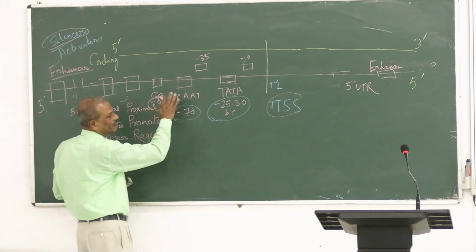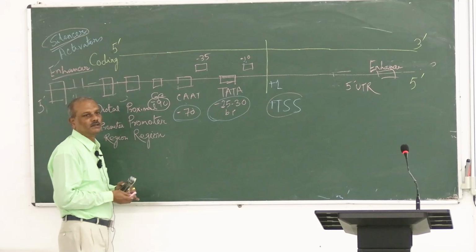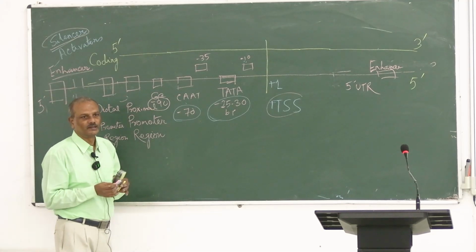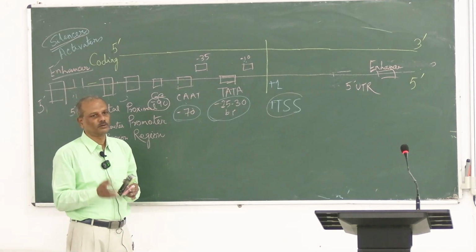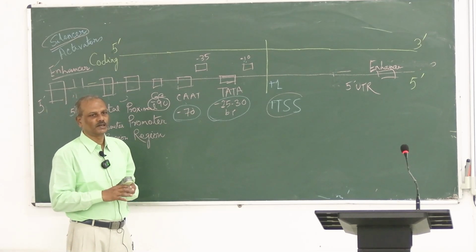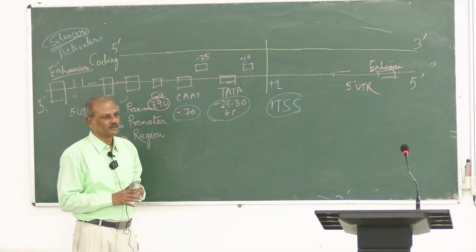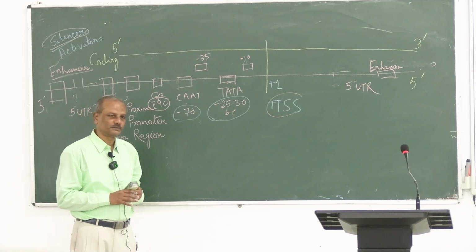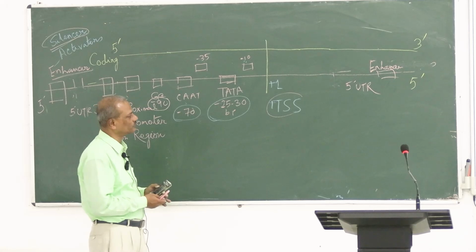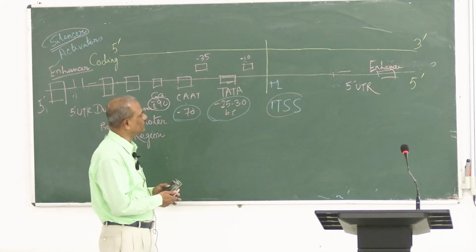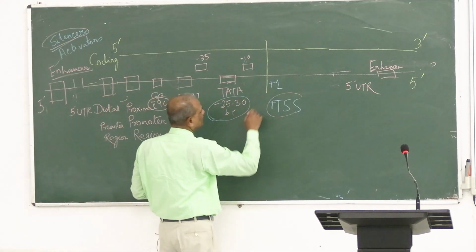So they will start scanning. Earlier, the sigma factors used to scan, but the eukaryotic polymerase will not be able to do that, for which these transcription factors are required. There are some general transcription factors, and there are specific proteins also associated with it. So they will be recruited. Finally, after everything binds, the transcription starts.